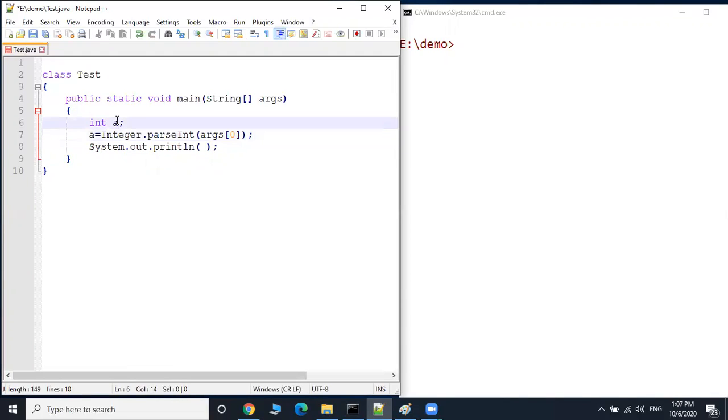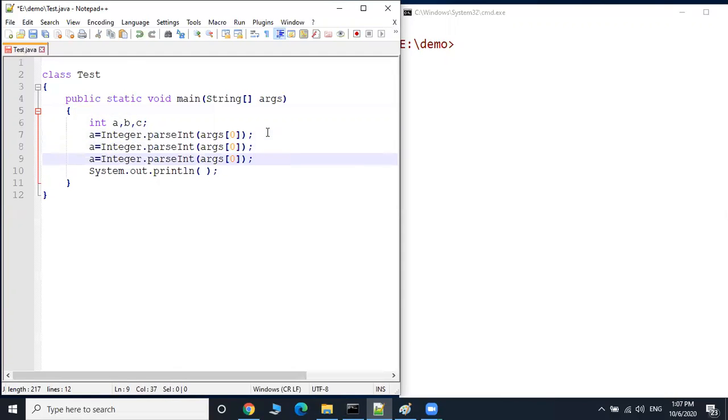Let us take three variables a, b, c. This is b, this is c. Suppose this is args[1], args[2]. Let us print a. Three print statements, so you can write a, b, c.